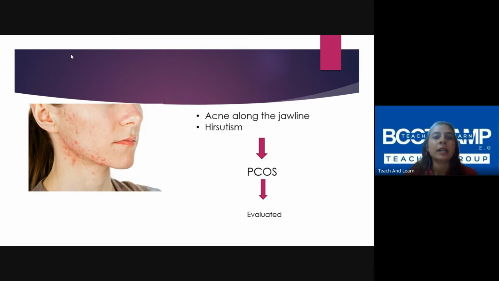Now, you're going to see acne along the jawline. She's a 15-year-old girl, and there are some symptoms of hirsutism as well. Then you have to suspect PCOS and tell the child to get evaluated. If you have the necessary tests in your hospital, get it done. Explain why this is happening. Ask the girl child about her periods. Is it regular? Are you having any other difficulties and things like that? And tell them that there is a high chance the child is having PCOS and get the child evaluated. Okay.